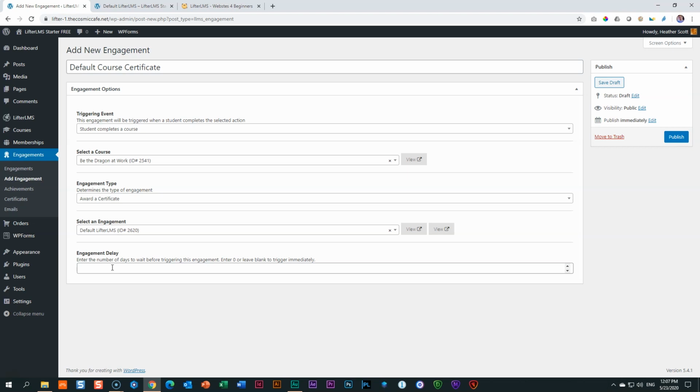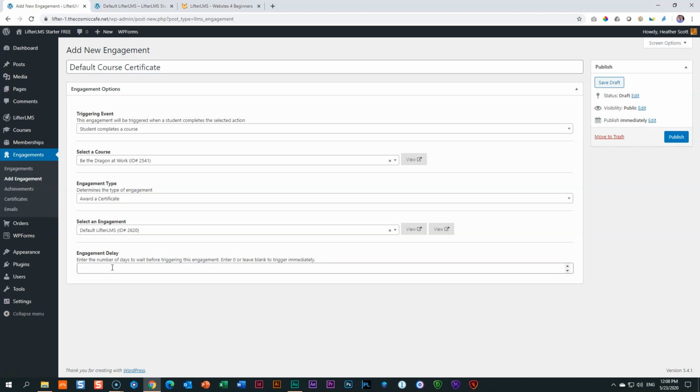And actually, I was thinking about why on earth would you want to delay it? And this is all about conversion, engagement, and making sure you have a customer that returns. If a person finishes a course and you issue everything at that moment, your relationship with that individual basically comes to an end. But if you set up engagements that happen after the course, like a week or 2 weeks or a month later, maybe sending them a little promo, then you are still converting that person for more business